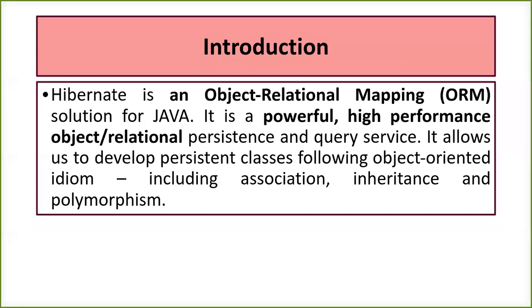Secondly, we have one mismatch, a term called impedance mismatch, between the object oriented language and the relational database. The object oriented language has its own structure where we can write our programs, and the relational database has another form of structure where we can store the data. It comes in the form of a table where rows and columns will be there.